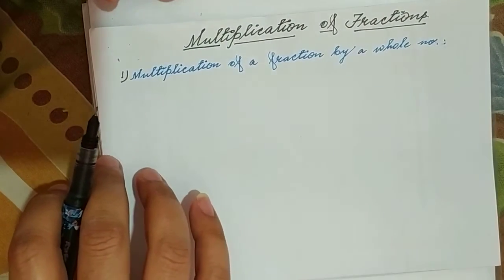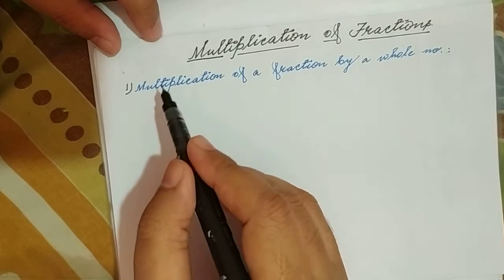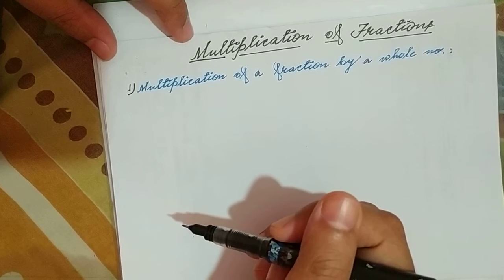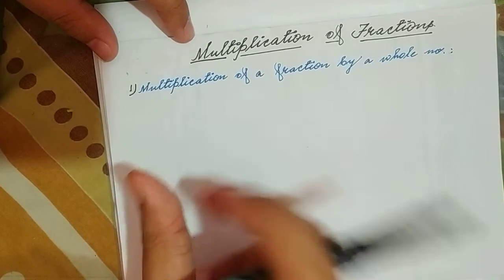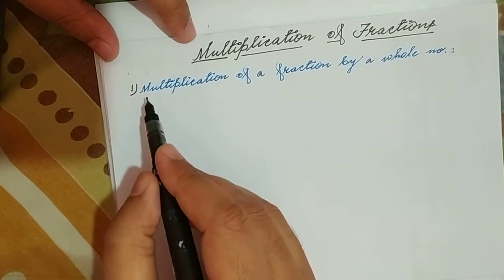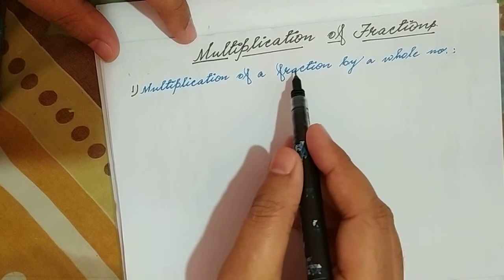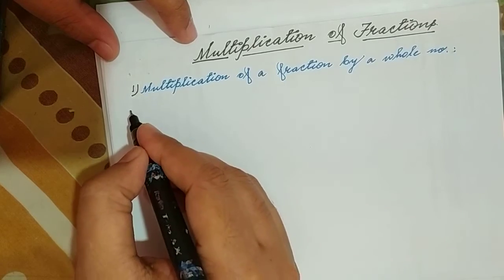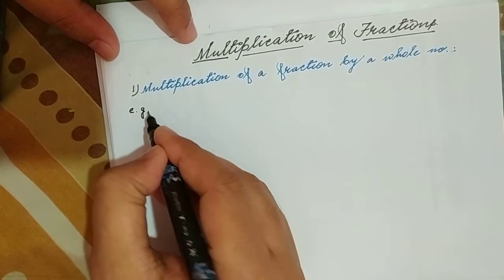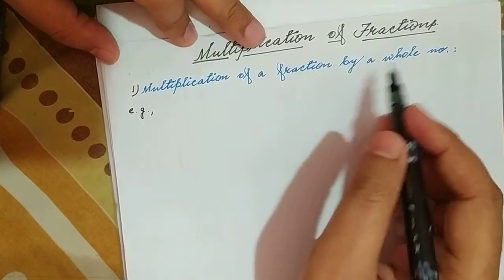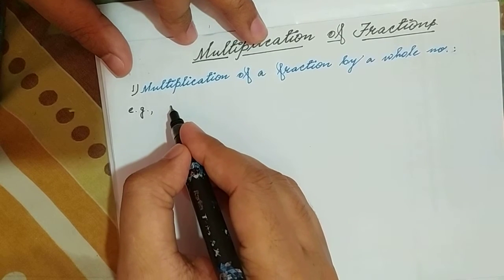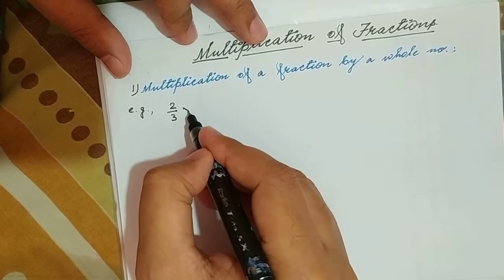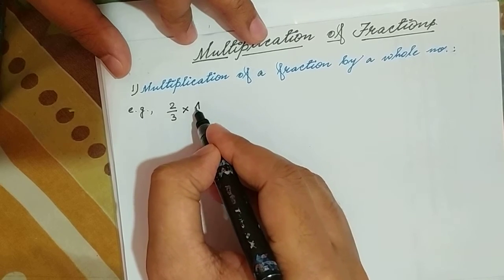सो फर्स्ट वन, वी ऑल आर गोइंग टू स्टार्ट कि मल्टीप्लिकेशन ऑफ फ्रैक्शंस। अब फ्रैक्शंस में मल्टीप्लाई कैसे करते हैं कि मल्टीप्लिकेशन ऑफ फ्रैक्शन बाय अ होल नंबर। किसी फ्रैक्शन में किसी होल नंबर से मल्टीप्लाई करना। 2/3 इज द फ्रैक्शन एंड इन दिस विल मल्टीप्लाई बाय 4।